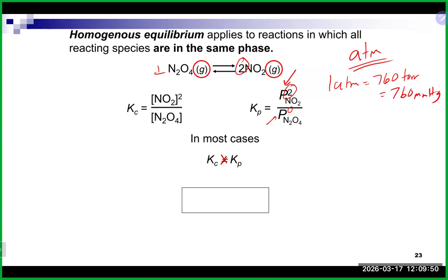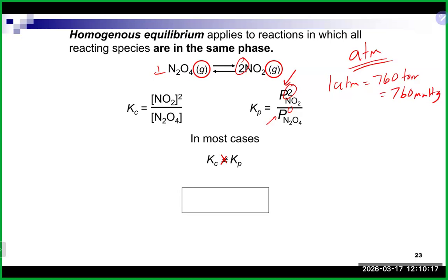I would have fewer gas molecules on the product side and a lower Kp value because there wouldn't be as much pressure, right? So you're basically doing the same calculation here with concentrations or pressure. Pressure usually happens when you have a lot of gas molecules banging into things, right? So if you have a lot of gas molecules on the product side, you're going to have a lot more pressure, higher Kp. Fewer gas molecules on the product side, fewer collisions, lower pressure on the product side, lower value of